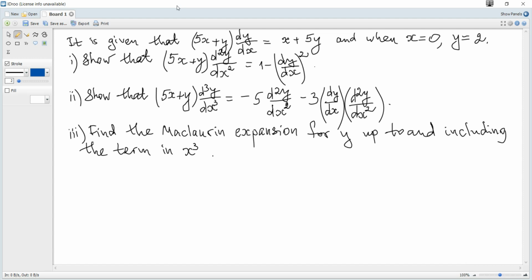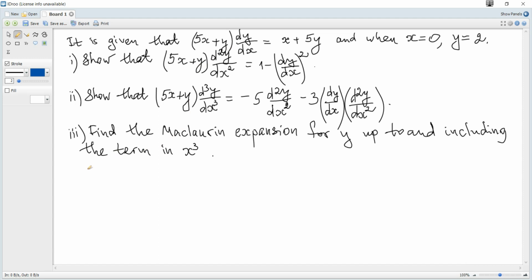It is given; show that. We can see that it is given the first derivative and the second derivative arises, so we can guess that we need to just differentiate the given equation. And we can see that the left hand side is a product of two functions, the first and the second, so we should apply the product rule, and we differentiate with respect to x, and y is a function of